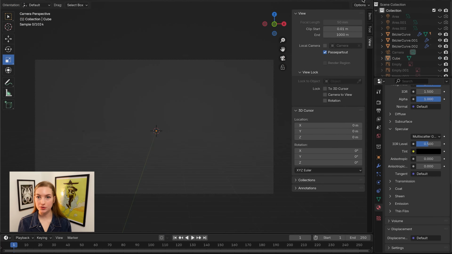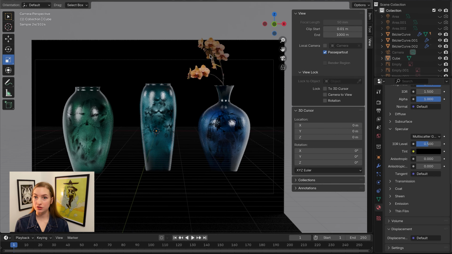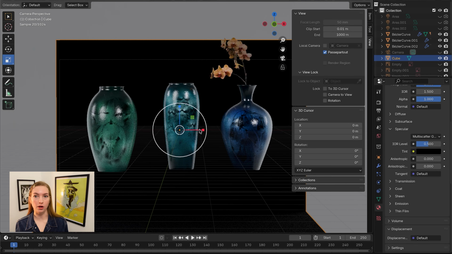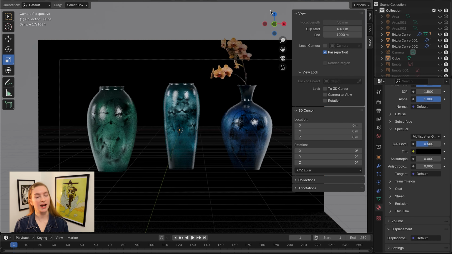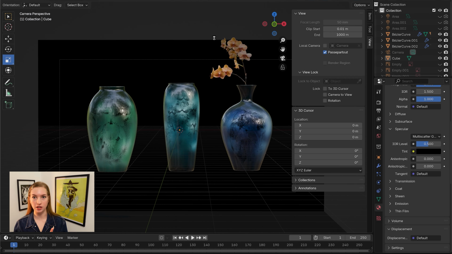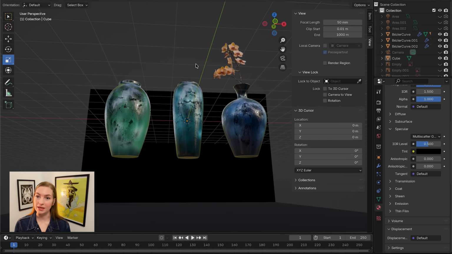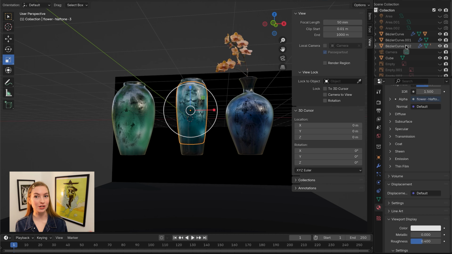So then I just played around with the angles of how I was going to render this out, and originally I was going to use these 3D flowers that are from Polycam, these 3D scans of flowers, but I decided to make the pots just their standalone piece of art. And yeah, I just rendered out the images for this, and I'll show you guys the final results now, but